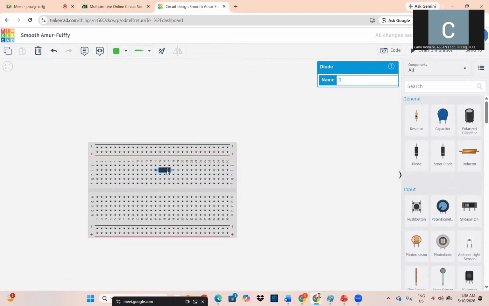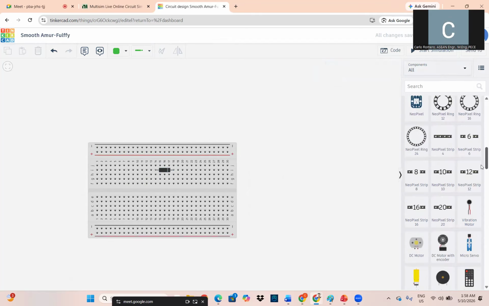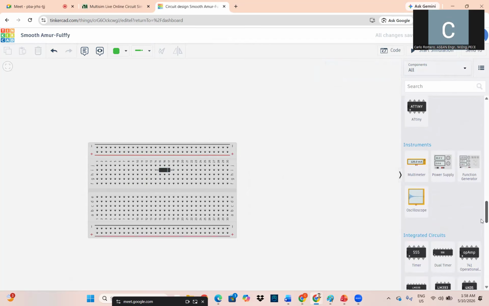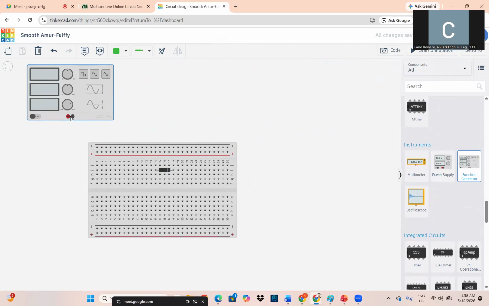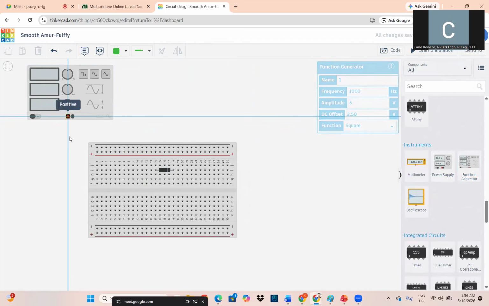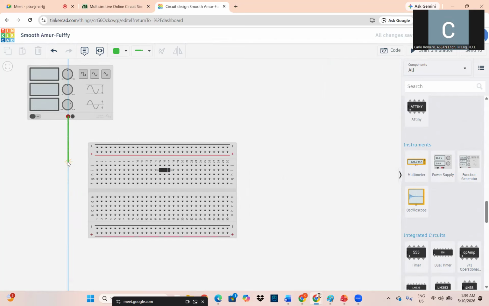Let's say we connect this. And then let's say we have a function generator that will act as our AC function generator. So I will connect the passive part here. So we'll put it as a red.